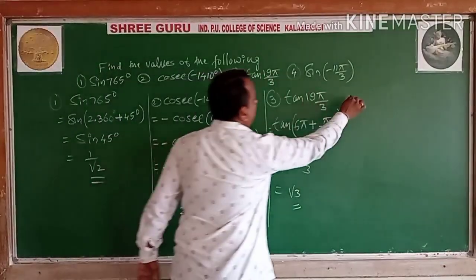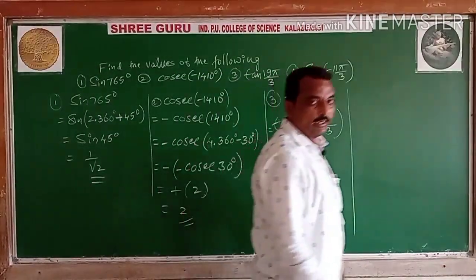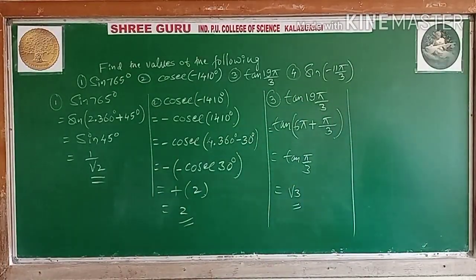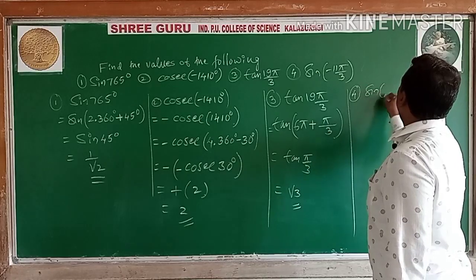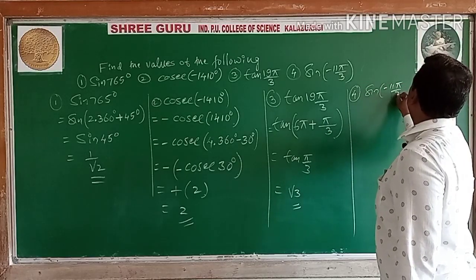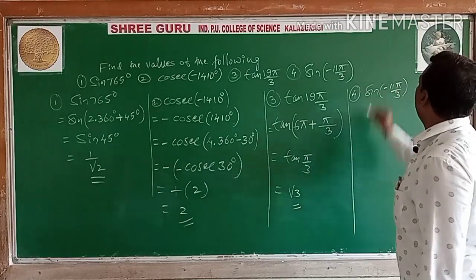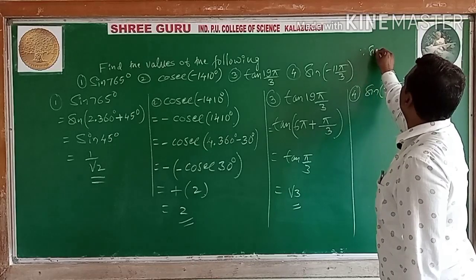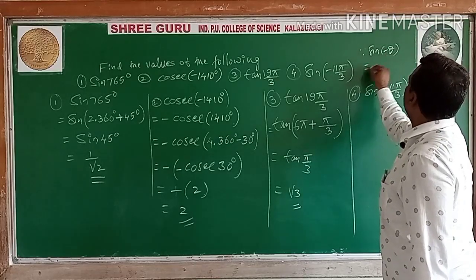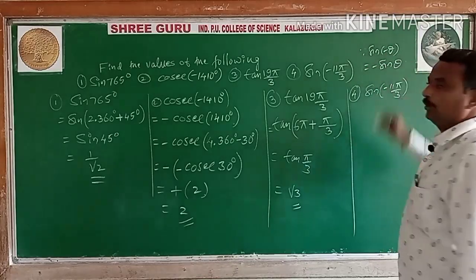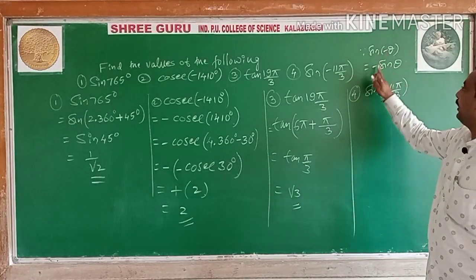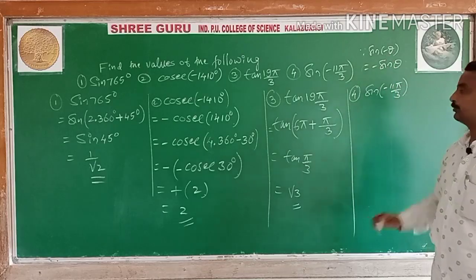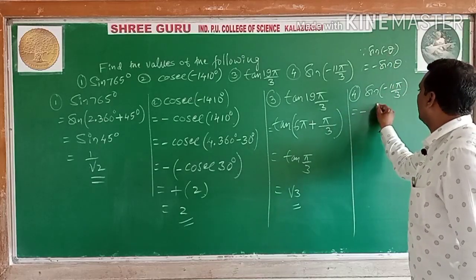Let us come to the fourth example also, students. That is also in terms of radians. Now see, the fourth one. How to calculate? Sine of minus 11 pi by 3. Negative angle it is. You know, what is sine of minus theta? Minus of sine theta, I have told. Only cos of minus theta and sec of minus theta are positive. For the remaining, the negative sign comes outside. So you should write minus sine theta.